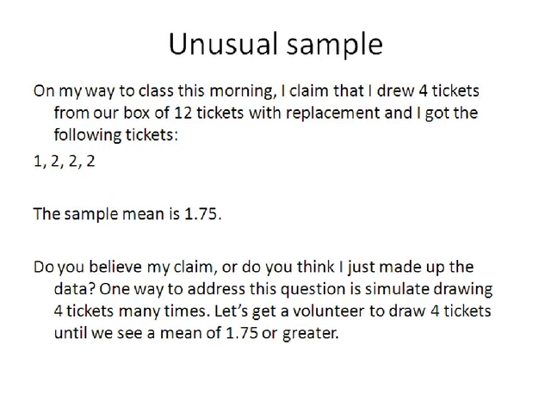All right, here's an unusual sample. Suppose I tell you, okay, that on my way here to class, I went ahead and drew 4 tickets from here, and I claim I got 1, 2, 2, 2. Okay? How believable is that? And how can you tell me? If I got 1, 2, 2, 2, 1 followed by 3 2s, that's what I claim, coming here, that sample mean would have been 1.75. So do you believe that I actually got that from drawing this,